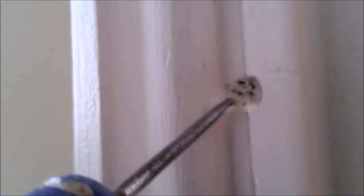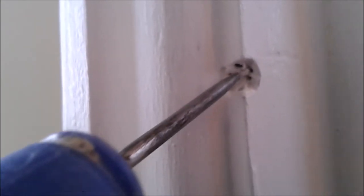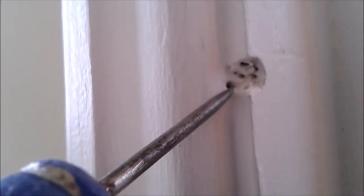Unsightly knots on architraves and skirting boards, probably where the knots shrunk and just dropped out. But to get rid of them, what you can do is give your filler somewhat of an anchor, like a foundation. With my brad awl, I've just punched a few holes around the inside of this hole where the knot's been,